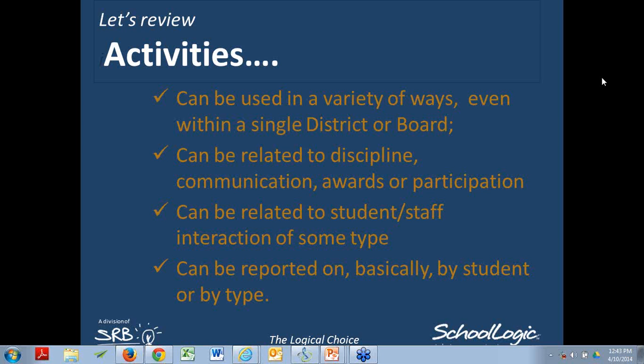Yes. Will subject ever become a lookup table type field where we can enter, much like the type, certain options for them to choose from? I think that'd be a great idea. I think somebody like you needs to send me an enhancement request so I could go bother development with that. I think that'd be a great idea, because that would help flesh this out a lot.